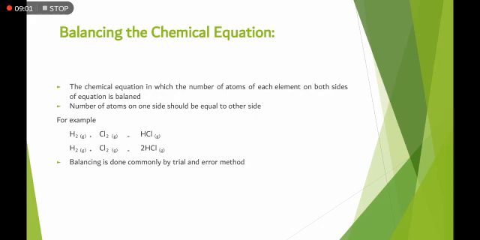As I told you to read the rules, by reading the rules you will understand how we can balance the equation. We will take one element on both sides and check if it is equal or not. For example, in this equation we will take hydrogen. Is hydrogen equal or not? There is one molecule of hydrogen on the right hand side and two molecules of hydrogen on the left hand side. So what we will do, first of all, is balance the hydrogen molecule, then we will balance the chlorine molecule. So we will write a coefficient 2 with it, so both hydrogen and chlorine will be balanced.